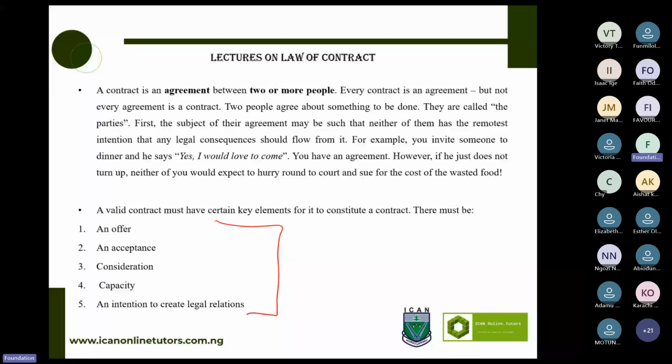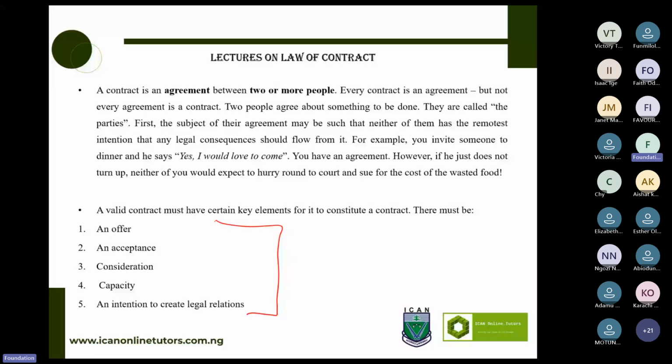I'm sure if you clicked yes online and you didn't pay, you would not be in this class. Yes or no? So that time, the popular saying, payment validates delivery. Am I correct? No matter how much you love the item, no matter the story you give them that you don't like doing something online, if you do not pay, they will not deliver. That is consideration for you.